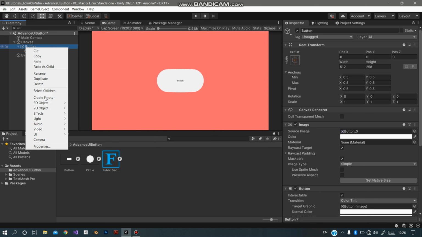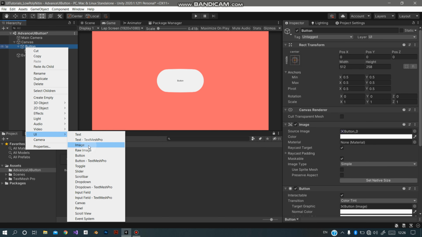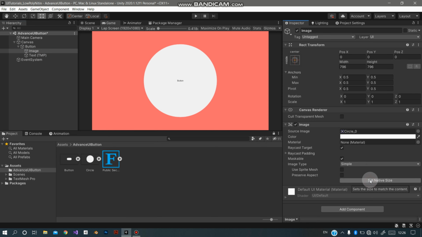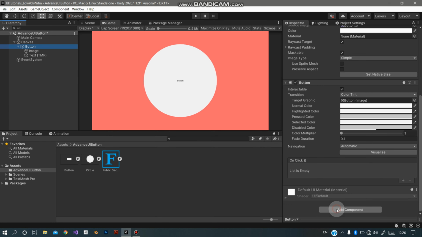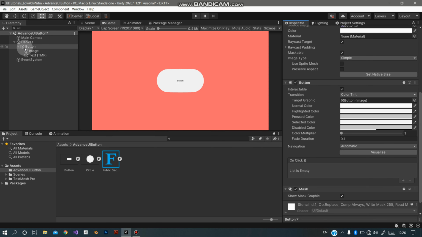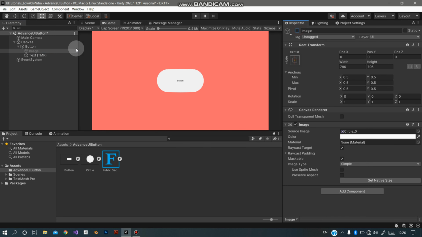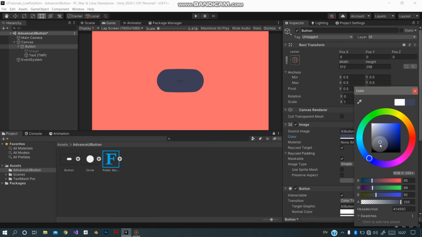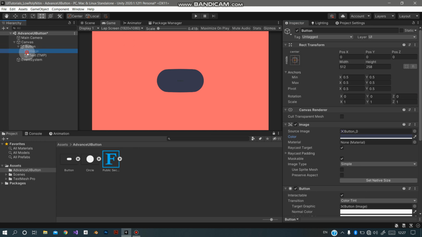After that, right click on the button and select UI and create an image. Drag it above the text and drag this circle here and select set native size. Select the button and add a mask component to it. Then let's give a color to the button like this, and then